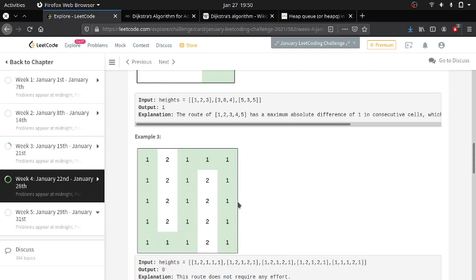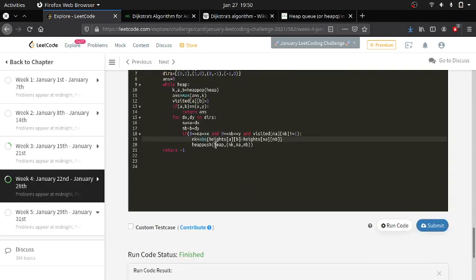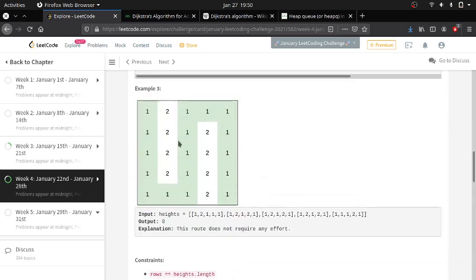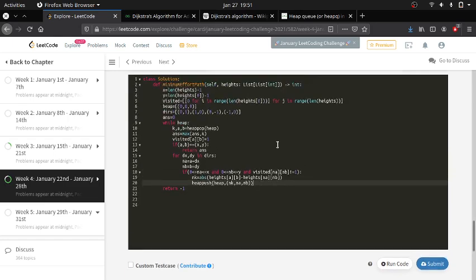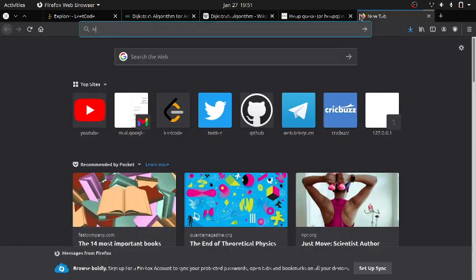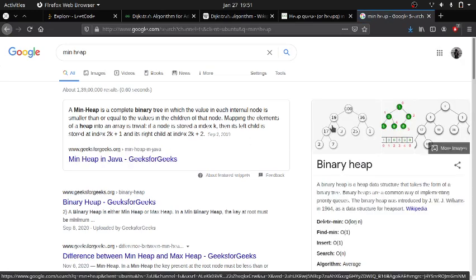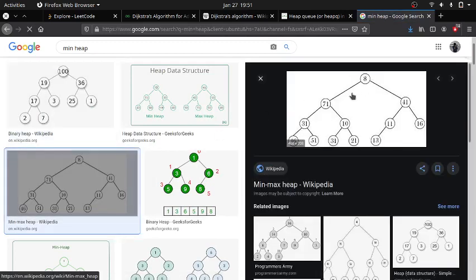Okay, so I will be pushing that effort into the heap: heappush of nk, na, nb. So for that new index, this index or this index, I am pushing it along with the new effort that has been done. Okay, after pushing into the heap, what is going to happen? As I told you before, the min heap arranges it in such a way that the top element will definitely be the minimum element.